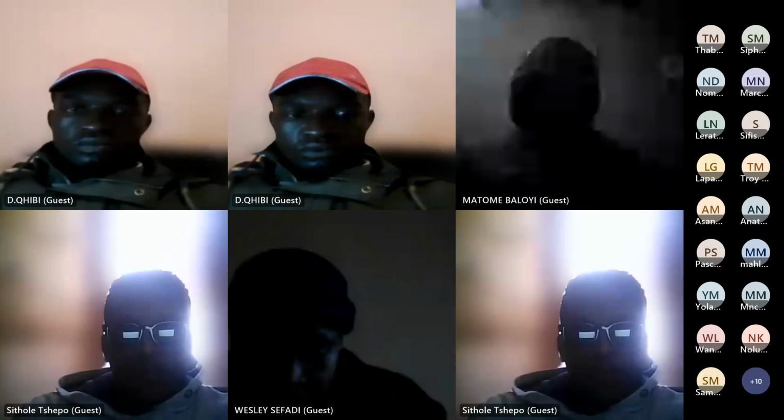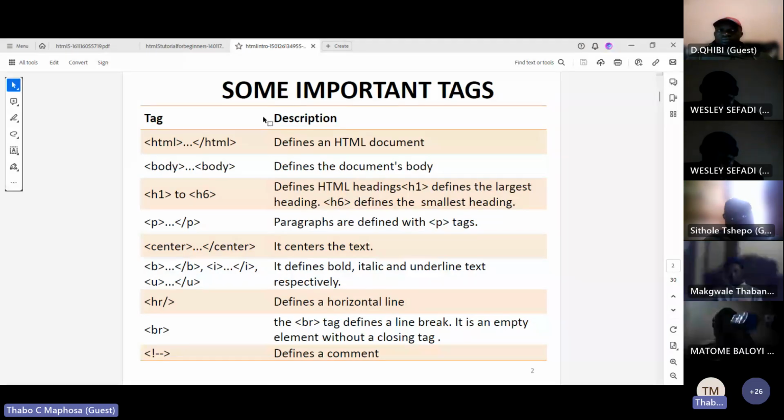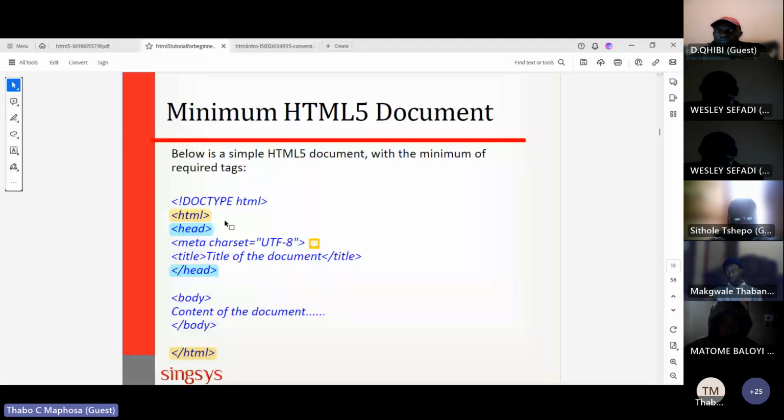Okay, here we go. So now this is what HTML means, the structure for HTML. These are some of the important tags for HTML, the basic part. As I said, before we go to HTML5, we need to understand HTML first. So HTML, this is where it starts. Remember, after doctype, the next thing you have is HTML. HTML defines an HTML document.